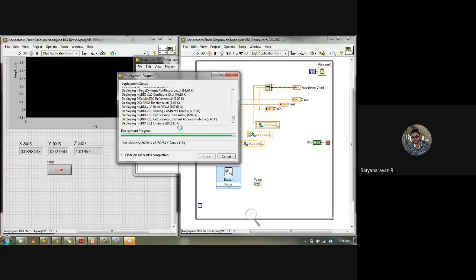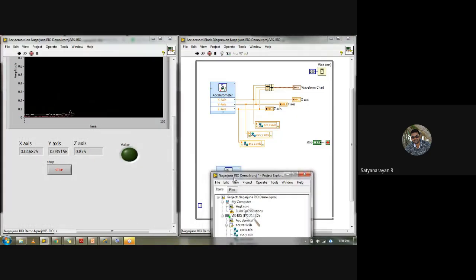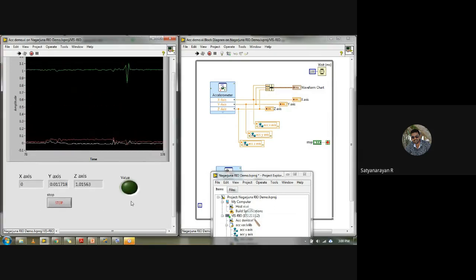It's deployed and it starts running automatically. Yes, you can see it started running automatically. Once I have given run as startup, meanwhile you can see the values getting updated. So you can access the accelerometer values also.